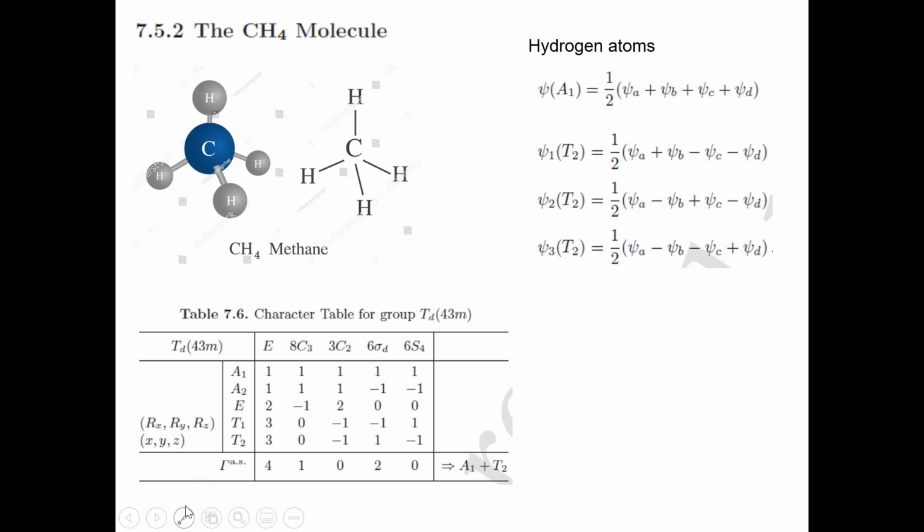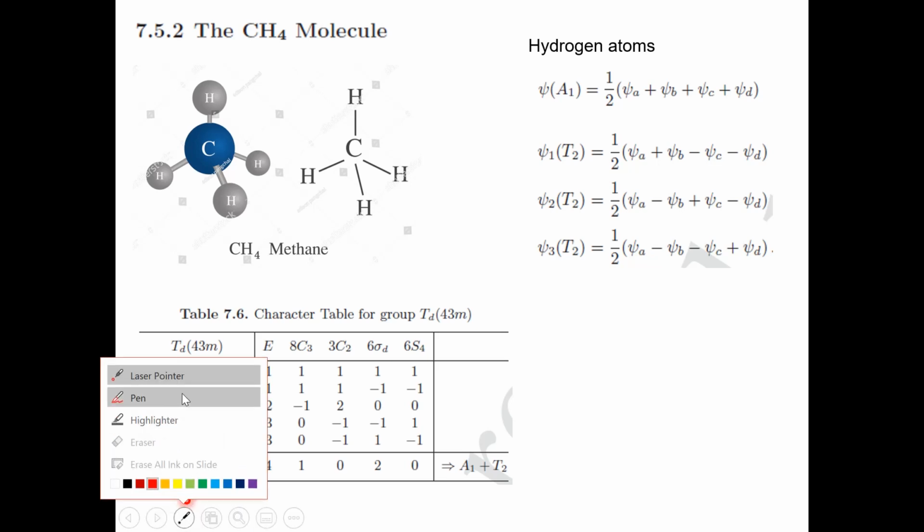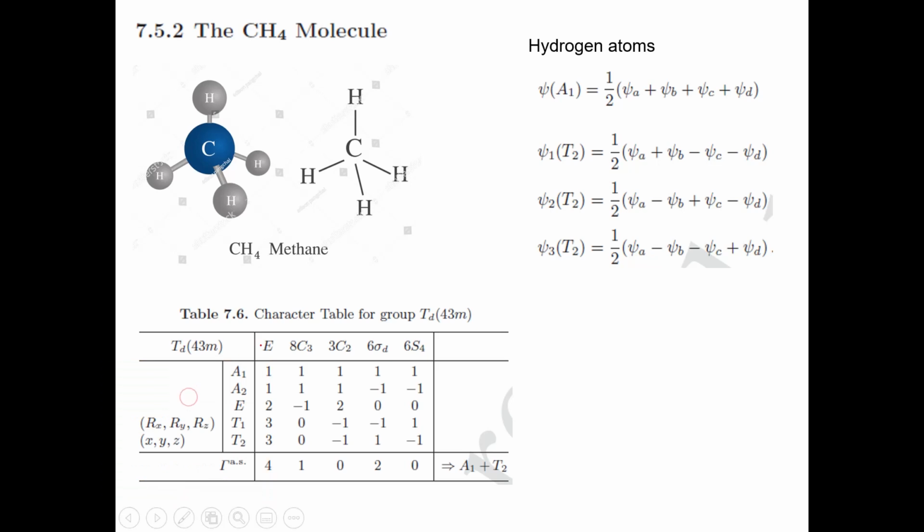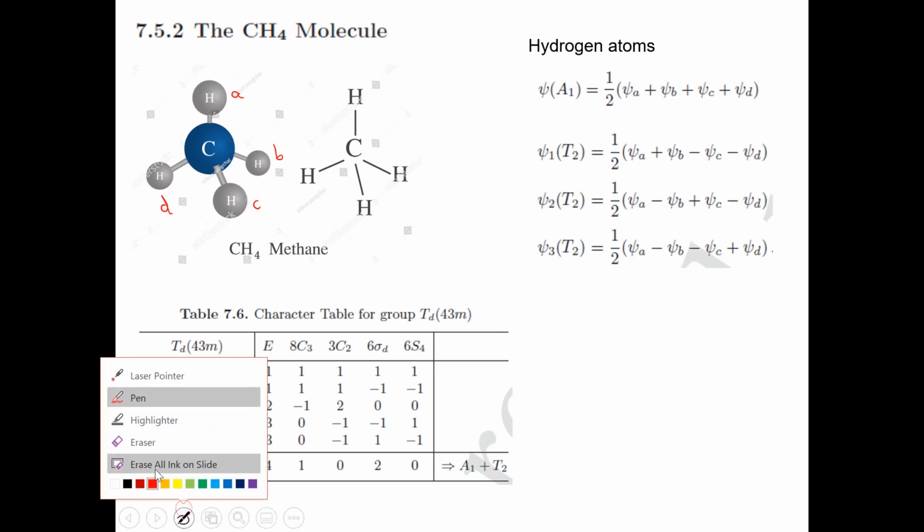You can label them A, B, C, D in an arbitrary way, and psi A, psi B, psi C, psi D are the s orbital wave functions centered around each one of these hydrogen atoms. Okay,